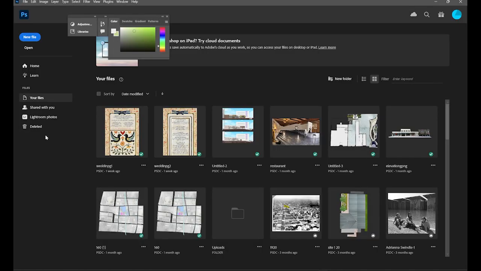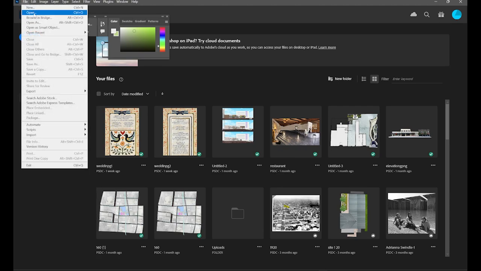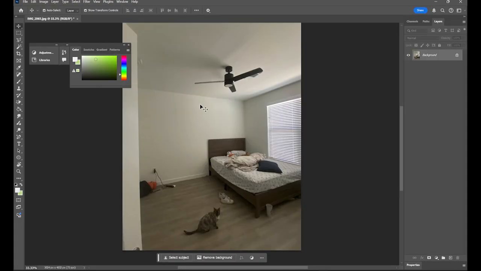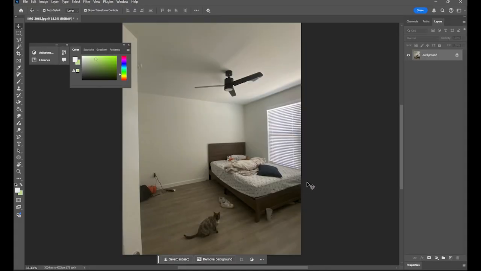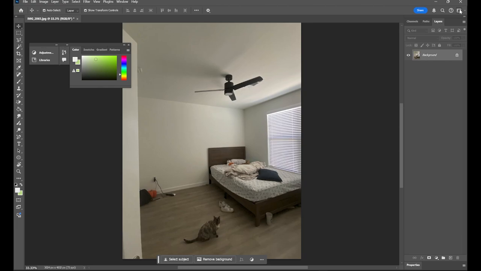I have my Photoshop open. I'm just gonna find that photo I took of my room by going to File and going to Open, and then I'm just gonna go through my computer files and open it there. I have my room photo open. One thing I wanna point out is my workspace. If you go over here to the very right corner where this little window is, you can choose what type of layout you want for your Photoshop. So I'm just in Essentials. Some things are moved around to the way that I want them.